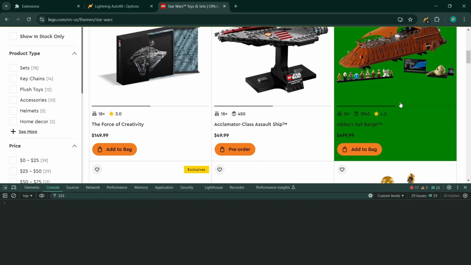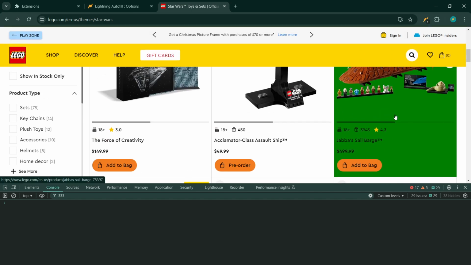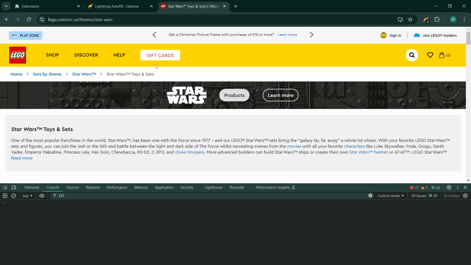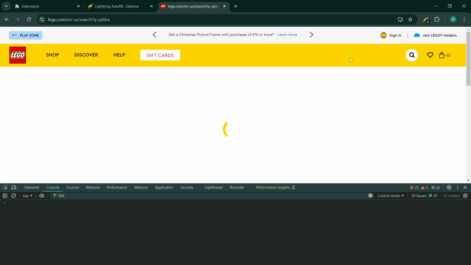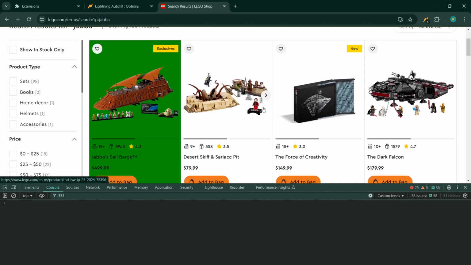See, so whenever you land on this page, this will be green. And you can tell, oh, I already own this set, so you don't have to worry about it. You don't have to go research it some more. And this should be green in search results too. So let me search for it. Yep, it's also green here. So wherever you see the Lego set, it'll be green and it'll let you know that you already own the set.